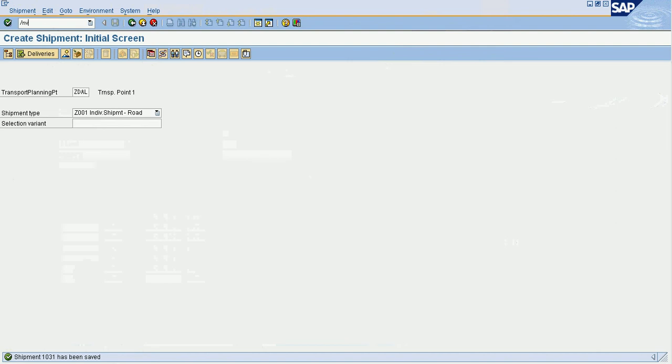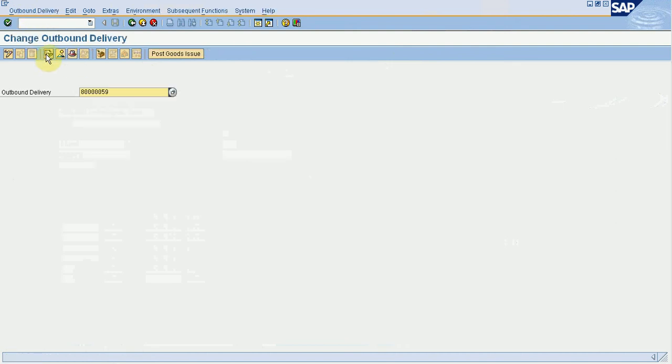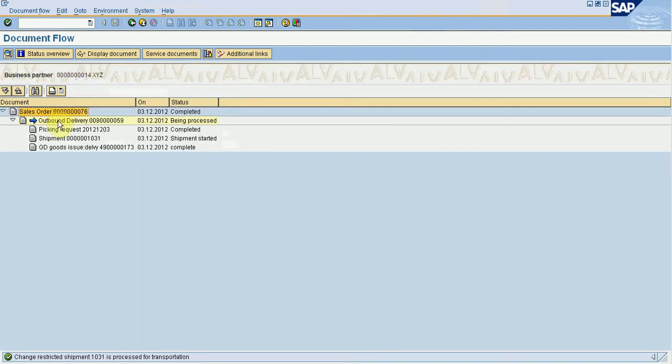Now going to the shipment, if I select this document flow, I can see the trail of my shipment and sales process. Sales order 76, against which outbound delivery 859 was created. Picking request, shipment and post goods issue have been carried out.